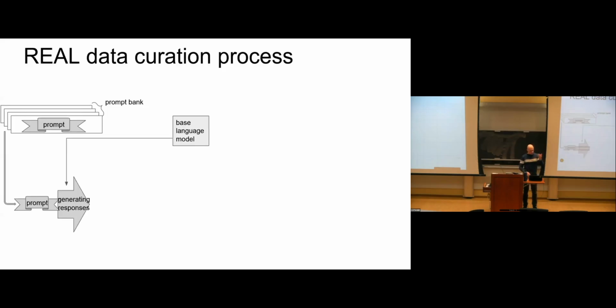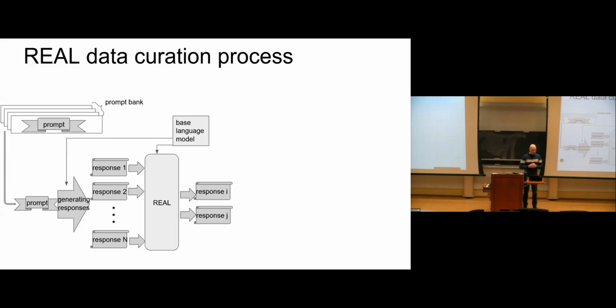Let's say that we are starting with the prompt bank, and we are sampling a single prompt for downstream processing. We use the base language model to generate responses, but this time, instead of just generating 2 responses, we are going to generate several responses. In this case, it's the number n. And then each of these responses would be fed into this kind of data processing black box that is going to use our base language model as well, and then resample just a single pair of responses